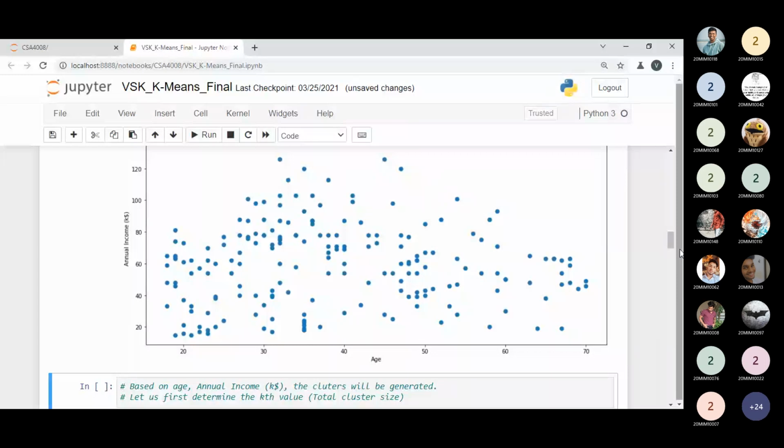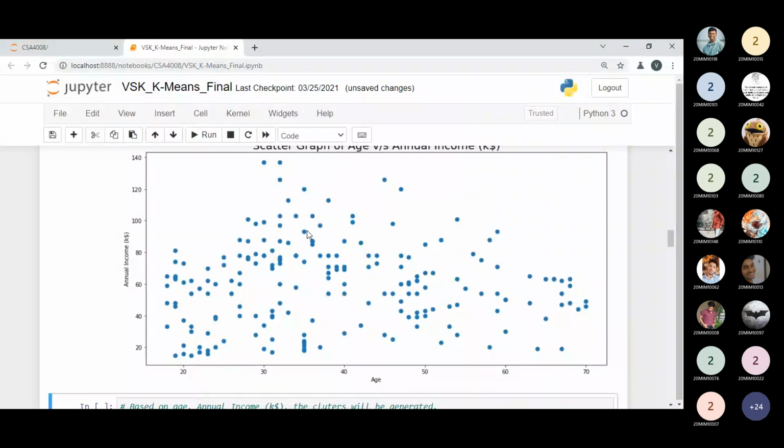Yes. Having seen this graph, are you able to justify at this point? Suppose I'm putting 5 clusters, but you don't know which data point belongs to which cluster. We don't know. That is a big problem.